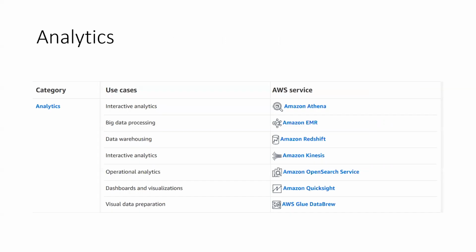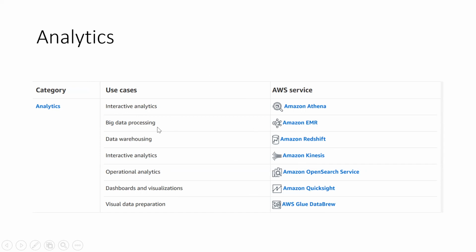I just made some slides on services versus tools. Suppose you want an analytics tool. If you choose analytics services, you can find tools like Amazon Athena, Amazon EMR, Amazon Redshift, Amazon Kinesis, Amazon QuickSight, and Glue DataBrew. Each has a specific purpose.